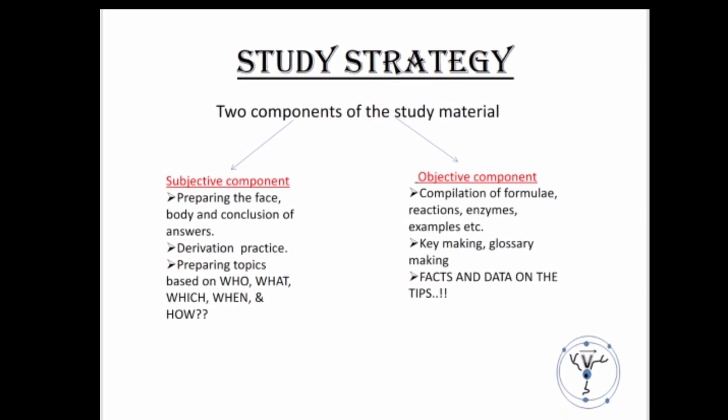Hello friends. Last time we had a discussion regarding the measures and steps that students can take up for better academic preparation. And in this discussion, we were going through 5 major components, out of which 2 were discussed in detail, that is, course management and time management. Now, moving on to our next component, study strategy.